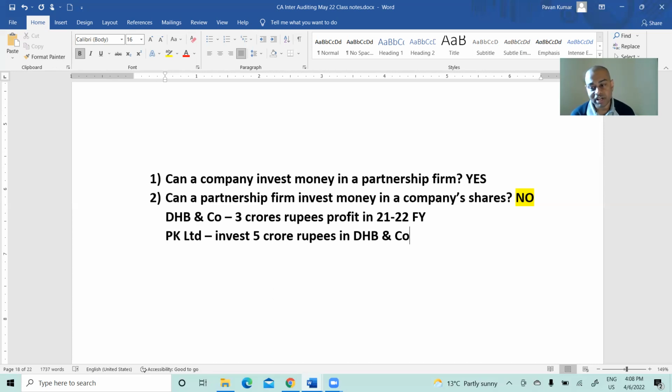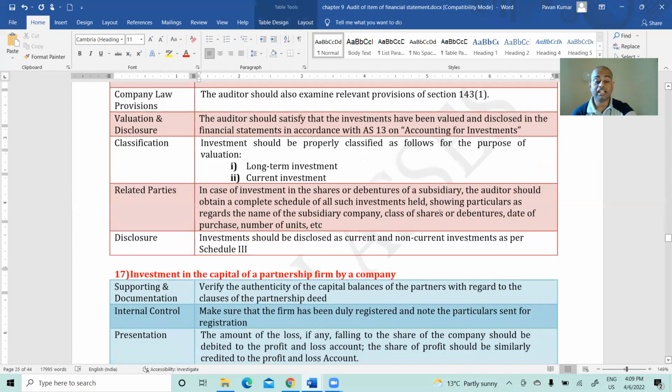You can write: a company can invest money in a partnership firm. A company can be a partner in a partnership firm. Why did I tell all these things now? Because the next question is